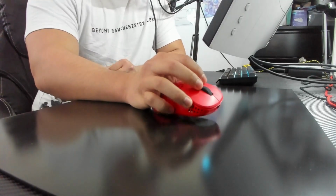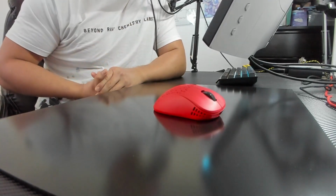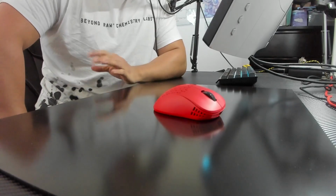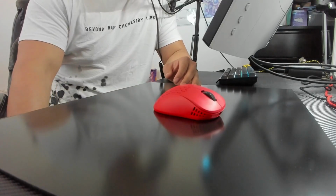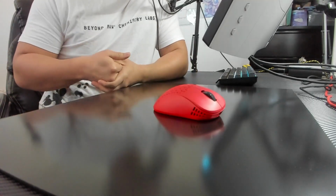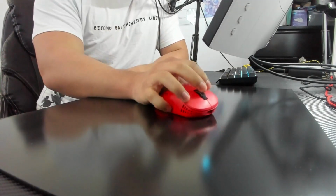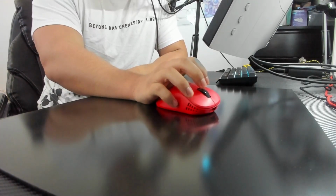Another thing that I do have is a very quick comparison to this scroll wheel. It reminds me a little bit of the M42 wired scroll wheel, where it's soft but tactile. Except this scroll wheel is much more related to the Starlight 12, in my opinion. I feel like it is very loose and very dull, and the steps I can barely feel. But unlike the Starlight 12, I can come to a complete stop and not have to worry about extra inputs,